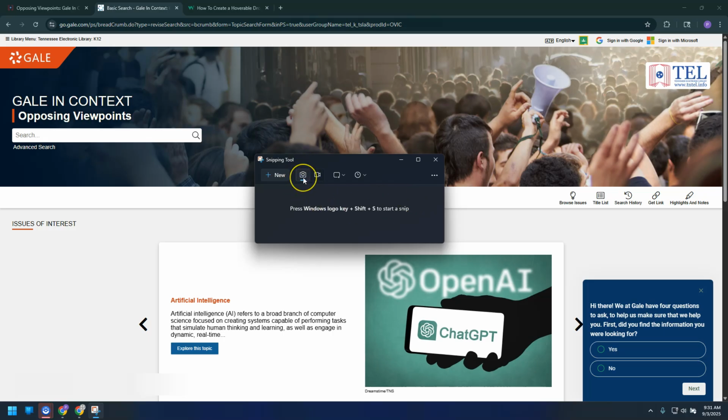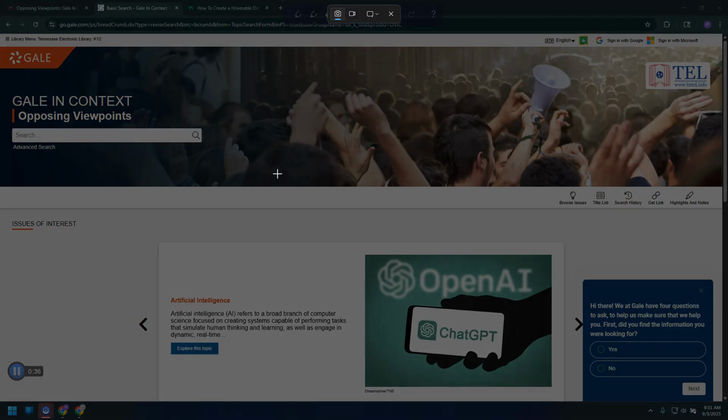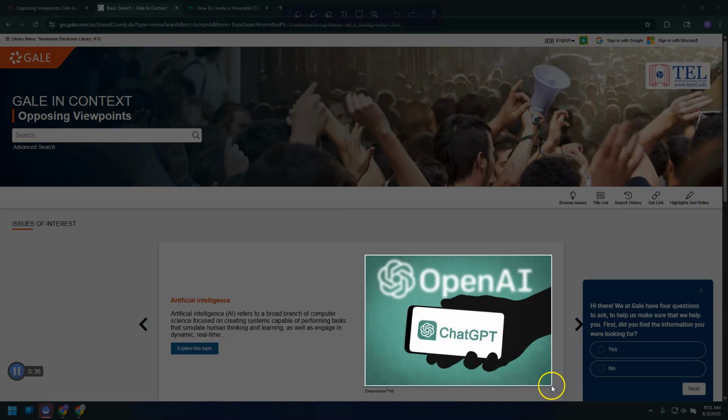It defaults to taking a still image. You can switch that out to do a screen recording. And there's a couple of other features here we'll look at in just a moment. To get started though, let's just do a simple screenshot. So I click New. You'll notice your screen goes dark, and then you're just going to draw a box around